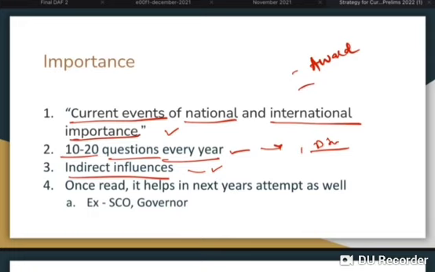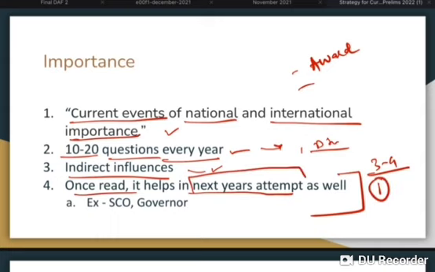One of the common misconceptions about current affairs is that it helps only in one attempt, but that is not true. Once you read the current affairs, it keeps building up in your knowledge and it helps in your next attempts as well. Because if you see, UPSC has been asking questions from the past 3 to 4 years of current affairs. Of course, we should not read that much current affairs. We should just focus on 1 year. But if you read them this year, then unfortunately, if you had to give next year's attempt, then they might help you in that also. And there are many things like international relations and technology, for which we do not have a definite source. And for that, current affairs is mandatory.